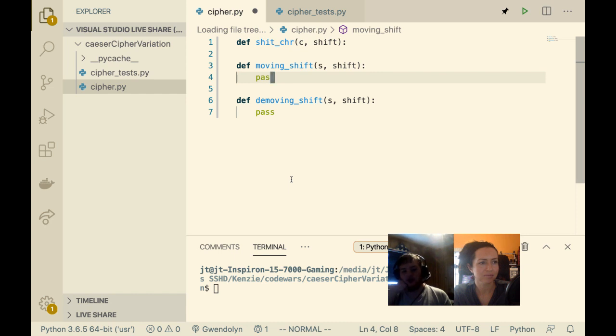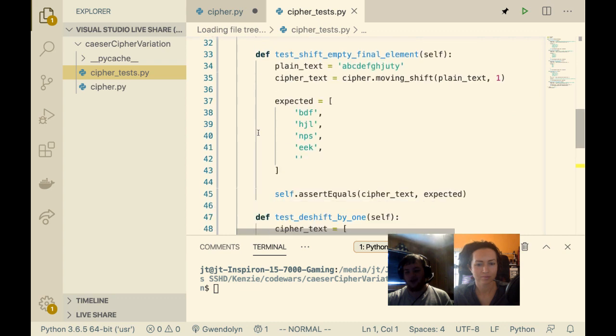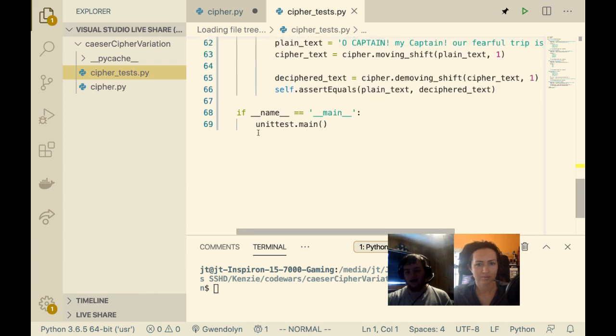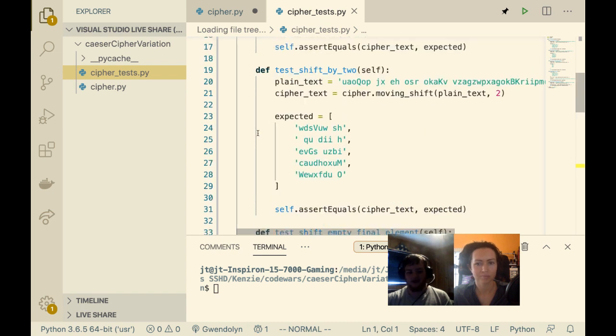So one of the issues that we're going to run into is, looking at the test.py, what I did to create the test.py is I literally just went to the kata and hit attempt, and then printed the input and the output of the attempt, and that's how I made this. I just copy and pasted from the test.